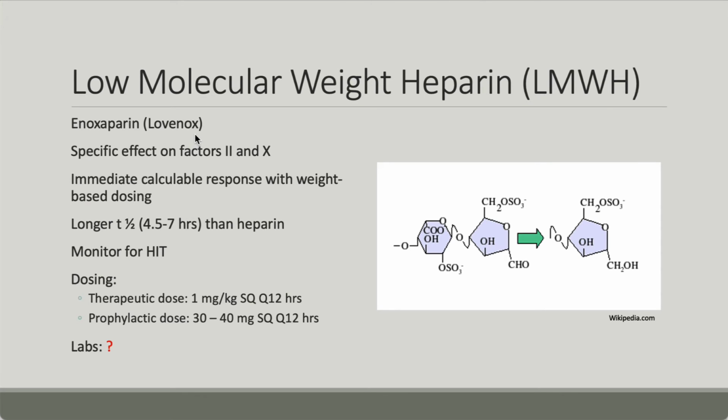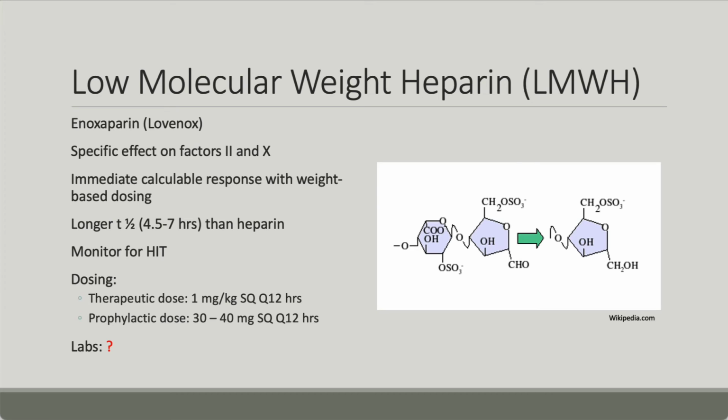I was actually involved in the trial of Lovenox for unstable angina. It happened in 1995, 1996, somewhere around there. And this was huge because up until then we were using IV heparin for everybody, and this was just a more convenient way. Well, guess what? We don't really use this in unstable angina anymore because we would rather have full control and be able to turn it off right away.